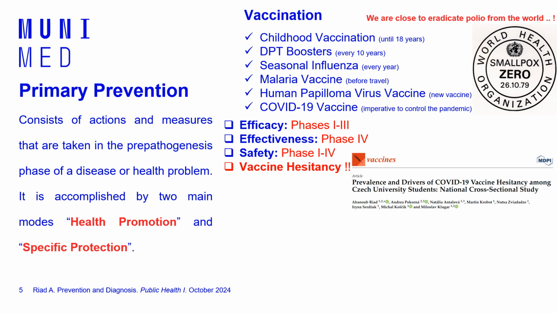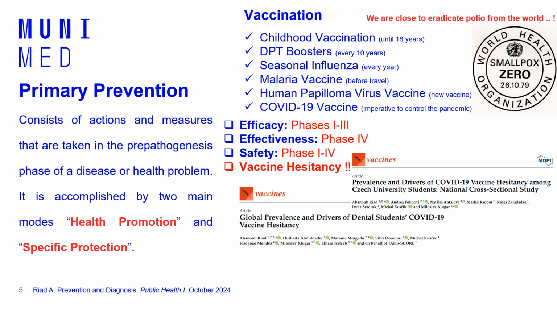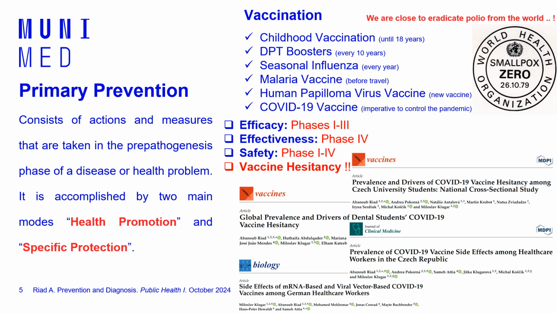Vaccine hesitancy can lead to severe public health outcomes, as can be seen in some societies or countries recently, with outbreaks of measles and other infectious diseases that had been eliminated in these countries probably a few years back. Okay, so these are just examples of studies that we did during the COVID-19 pandemic for understanding and measuring the prevalence and risk factors of vaccine hesitancy.